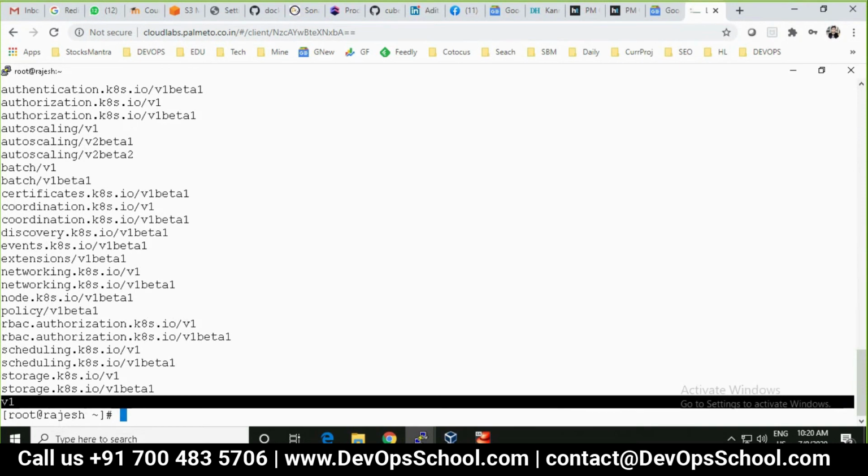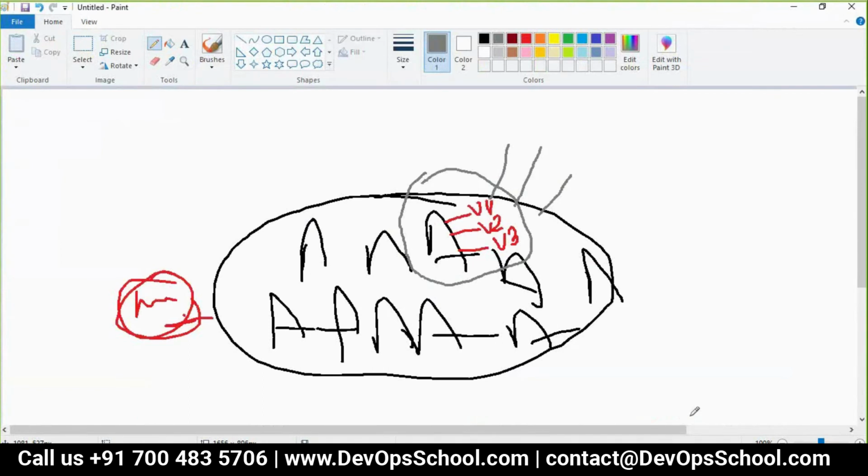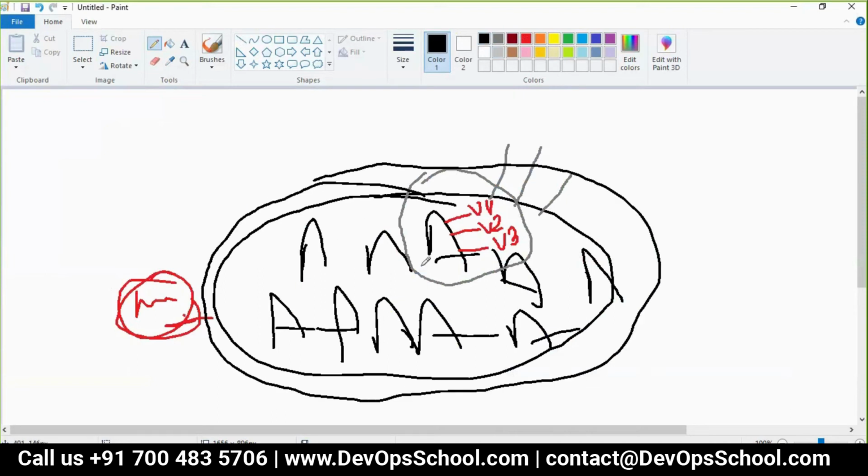I'll tell you. When Kubernetes started developing, at a very initial stage, there were only a few API resources. Only very few, maybe 10 or 12. So they did not create a grouping. Grouping means within Kubernetes itself, they did not create groups.